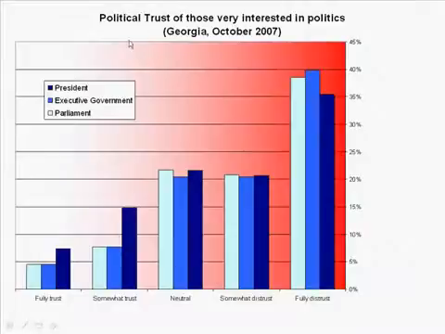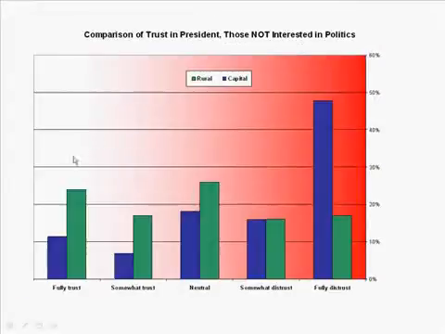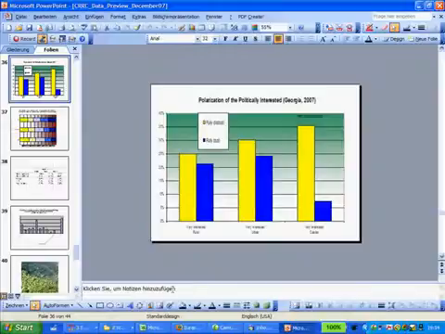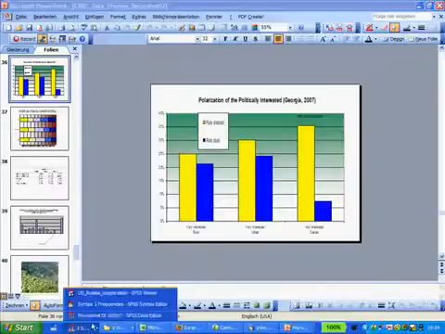Or here, political trust of those that are very interested in politics, and look at the three aspects here, and again here trust, rural, capital, or those that are very politically interested, how do they trust the president? So how do we do this? And again, it's actually very simple. Let's go to